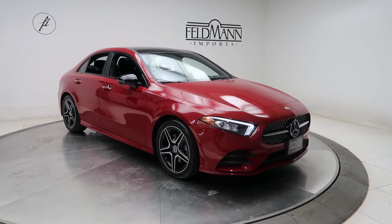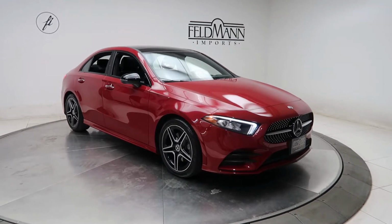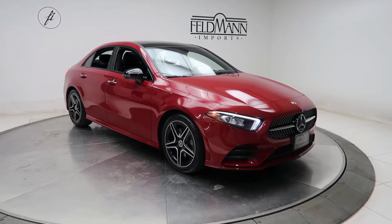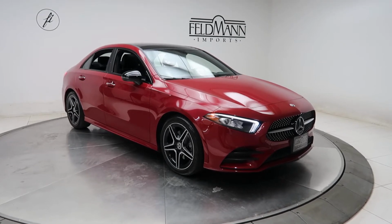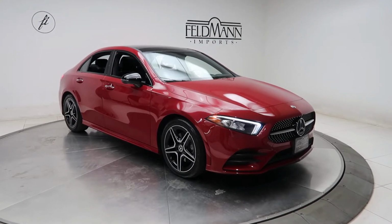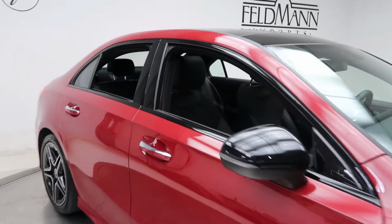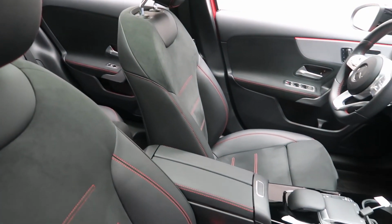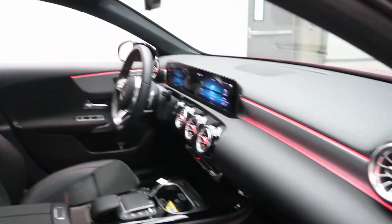For wheels, we've got the 18-inch AMG twin 5-spoke wheels with black accents, AMG line with the AMG exterior and interior appearance, night package with black accents on the front, side, and rear of the exterior, front and rear LED daytime running lights, diamond style grille, a black MB Tex with Dynamica interior, aluminum trim, panorama sunroof,